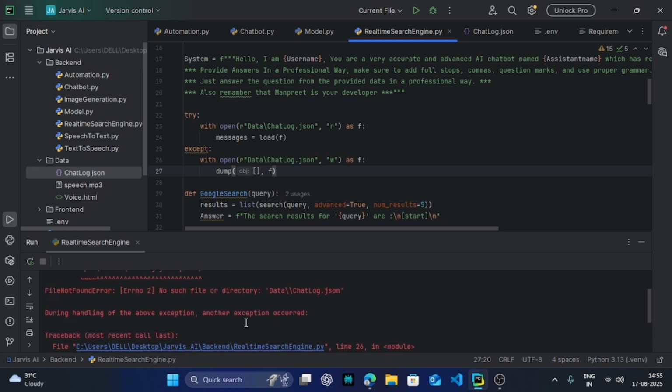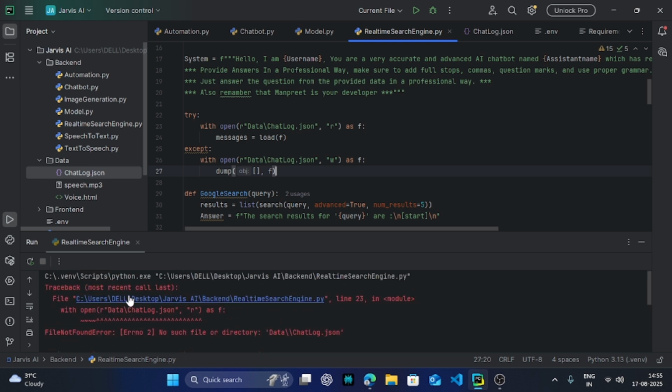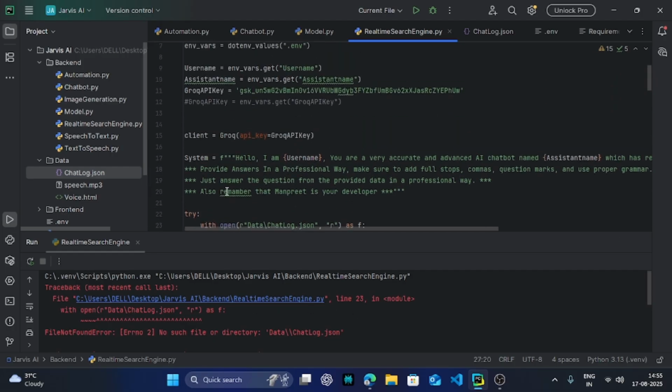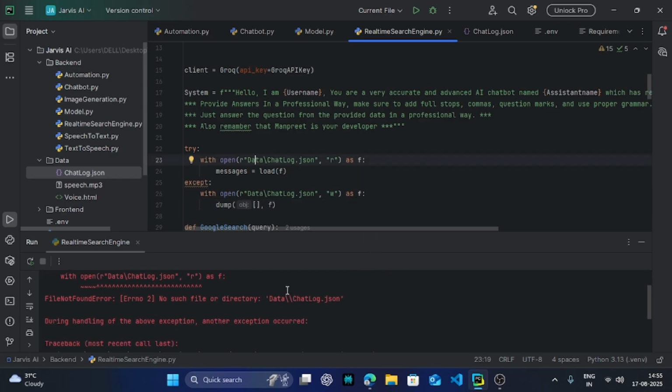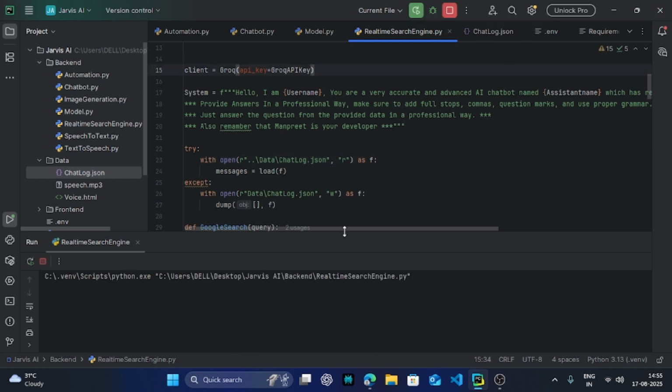What happened? It is giving a traceback at line 23, a file not found error. Okay, just go to the folder behind. I think HTML works in this also.